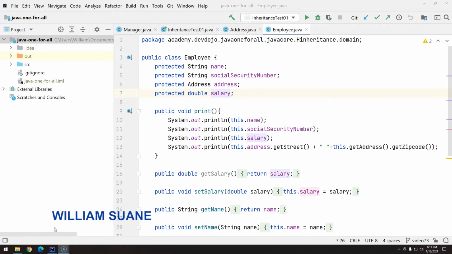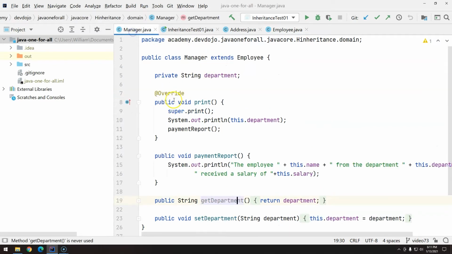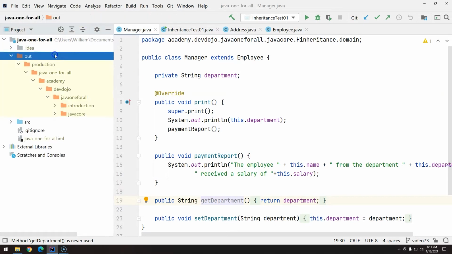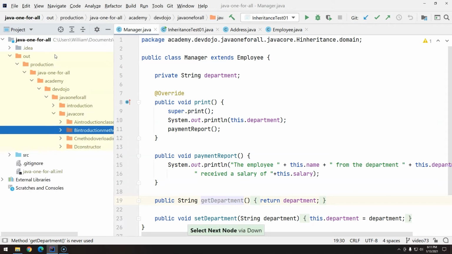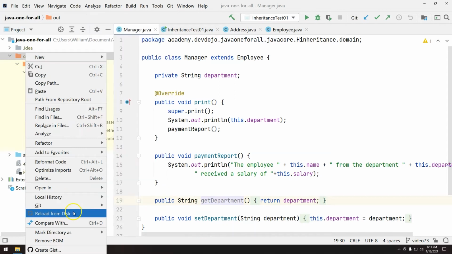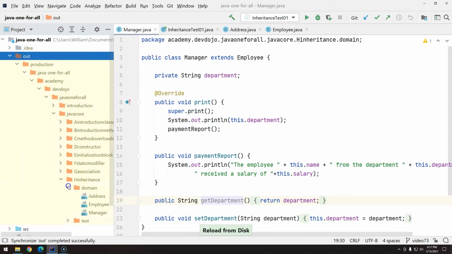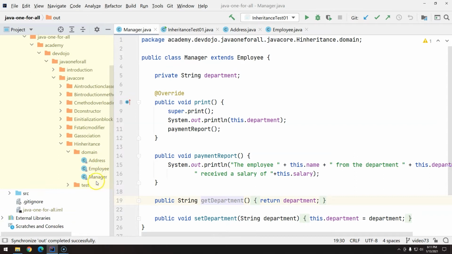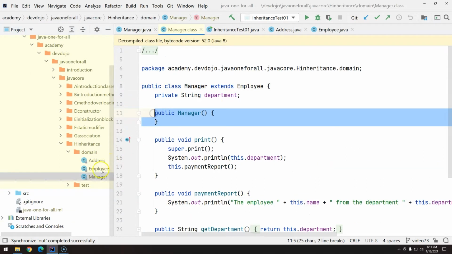And in this video we are going to talk about how constructors behave when we have inheritance. So as you can see, we are not adding any constructors to the employee or the manager. But remember, even though you don't add constructors, Java will take care of that for you, and you have a constructor without any argument. So if you don't see the rest of the packages here, just right click and then reload from disk. So if you go to domain class and you go to manager, you do have manager, and